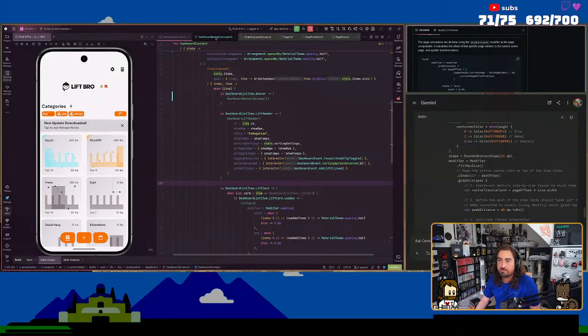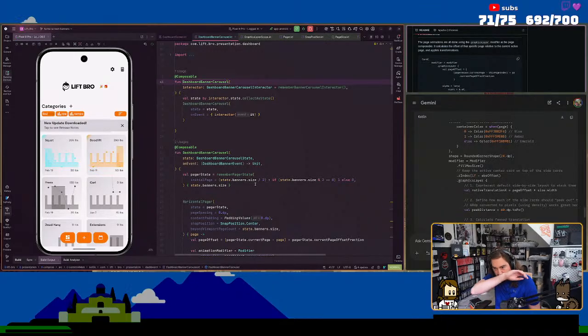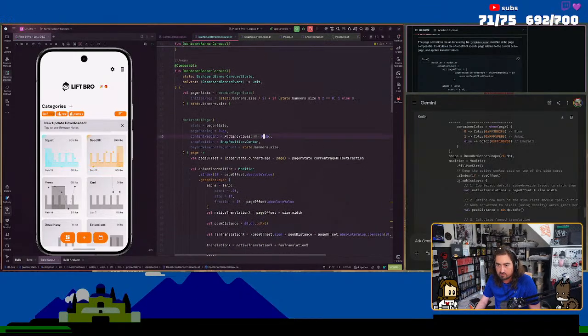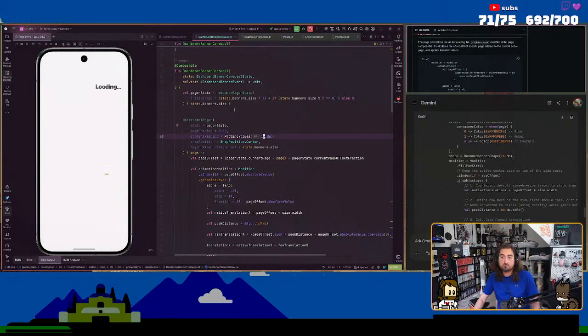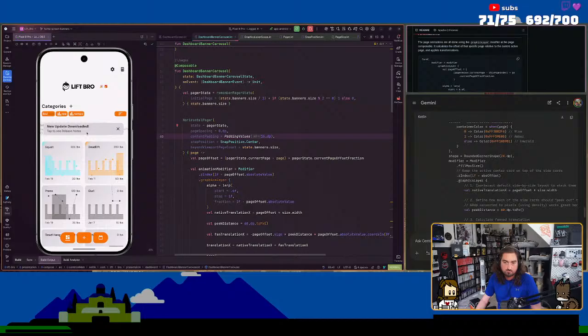Okay, so we're going to get back to the dashboard carousel. So what if I did, I know I'm doing this the wrong way, but it's very warm in here. Sick. Okay, yeah, that's exactly what I want.